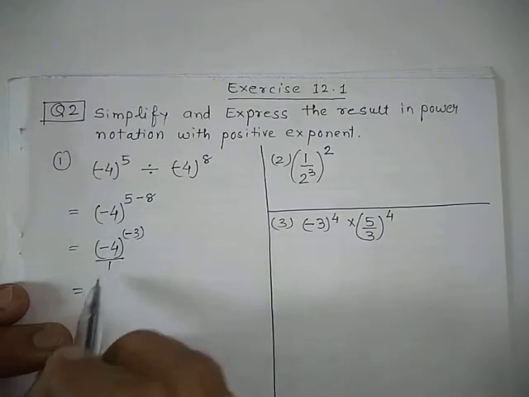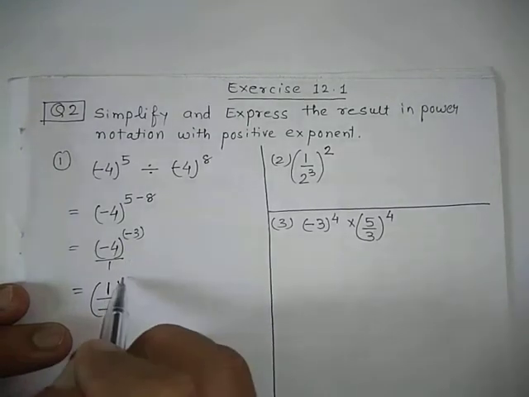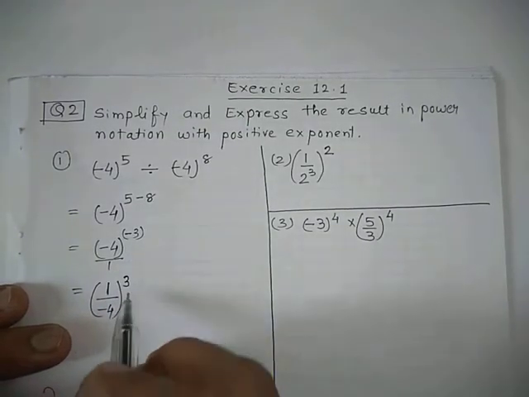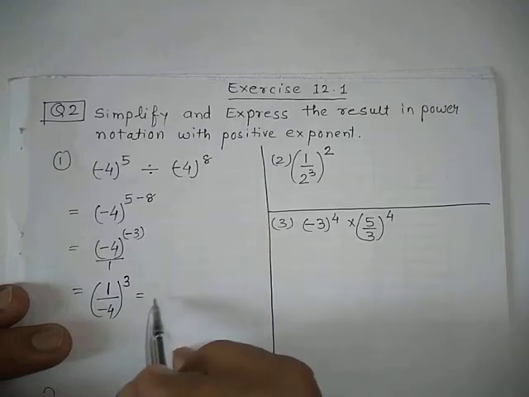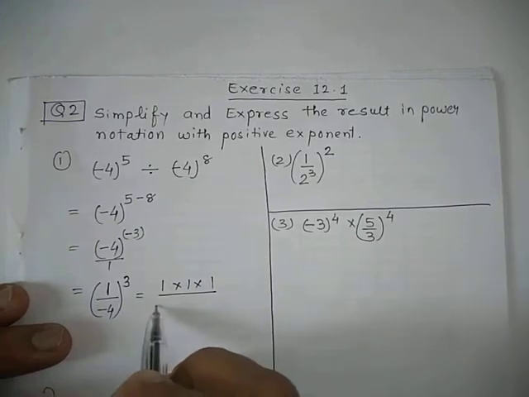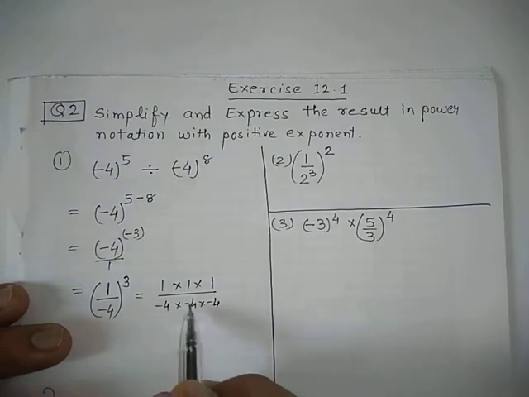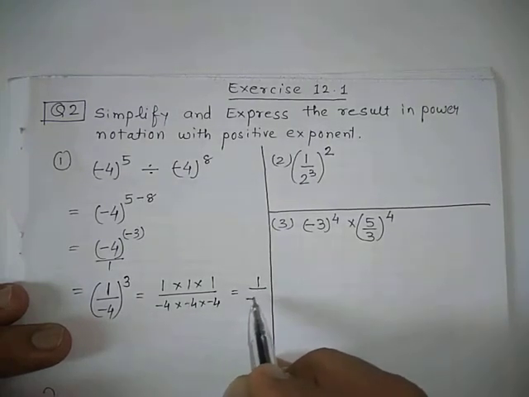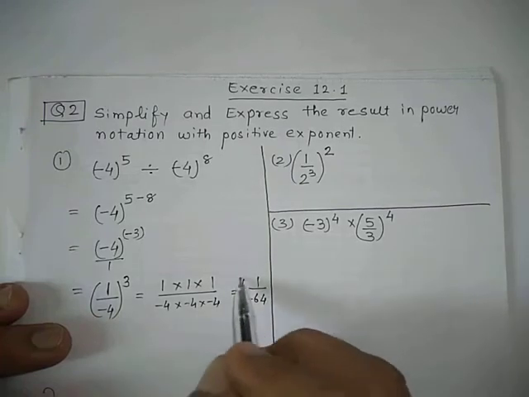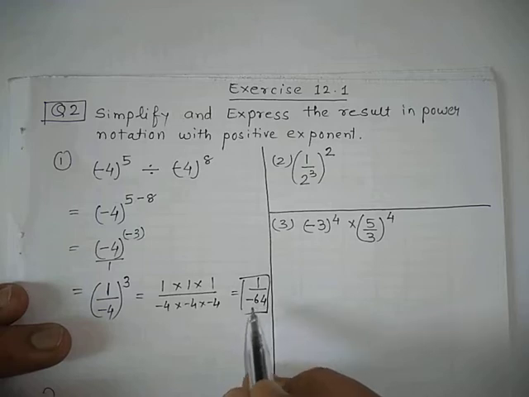So we will just take the reciprocal of it, 1 upon minus 4 raised to 3. Clear? And if we want to evaluate it, then 1 into 1 into 1, 3 times, and minus 4 into minus 4 into minus 4. Okay, 4 4s are 16, 16 4s are 64, so 1 by minus 64. Minus minus is plus, and plus minus minus. It is not asked, but if it is written evaluate, we can get the answer by this.